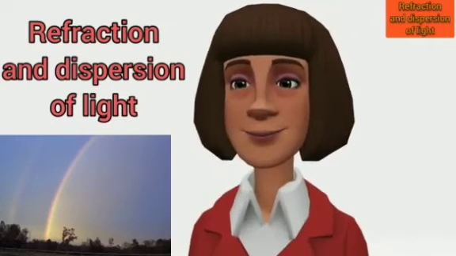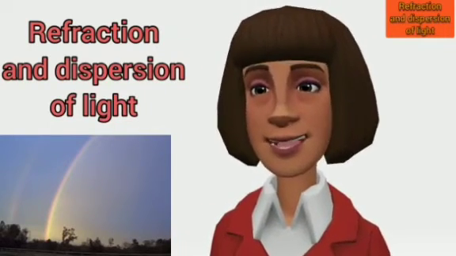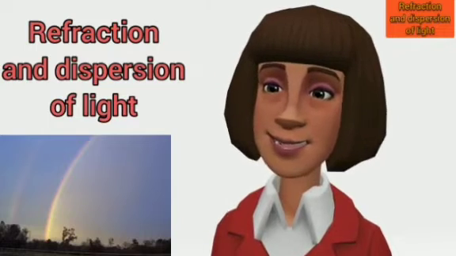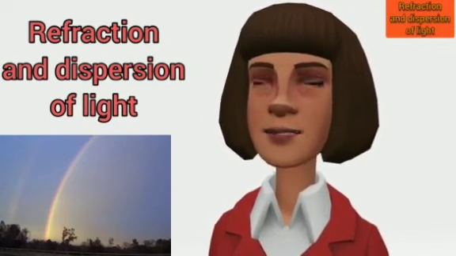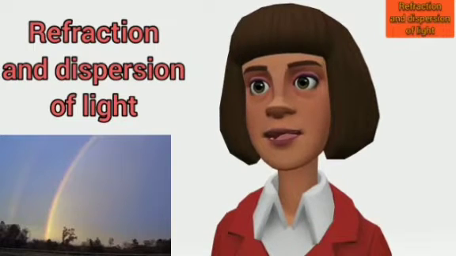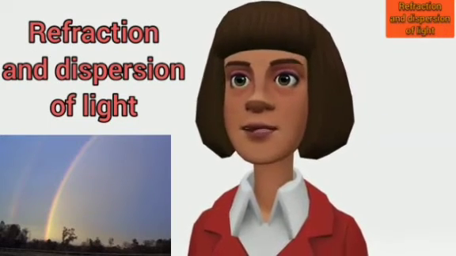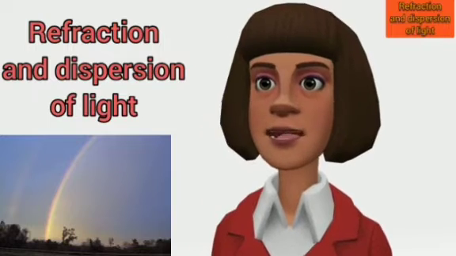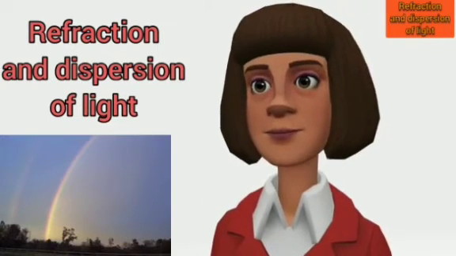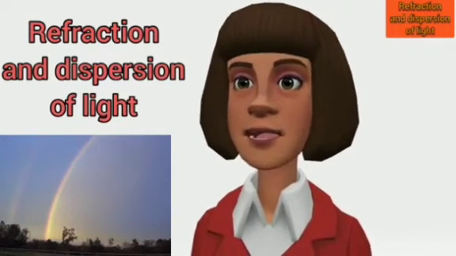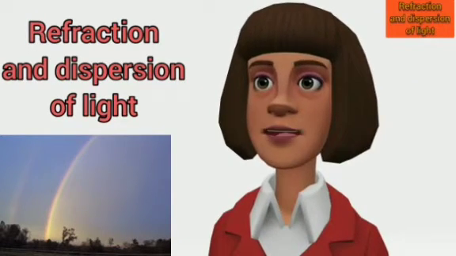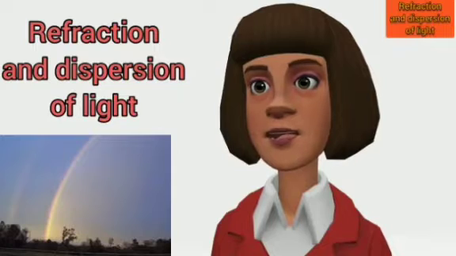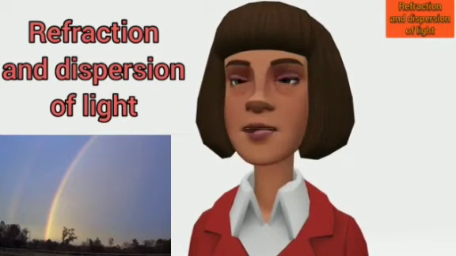Hello students, I am Miss Green, ma'am. Today I am going to teach you an interesting chapter which is refraction and dispersion of light. So let's begin. In class 7 we learned about some of the basic properties of light. We learned that light normally keeps propagating along a straight path in a given transparent medium. It however gets significantly reflected when it falls on a shining or polished surface. The phenomenon of reflection of light is governed by the two well-known laws of reflection.